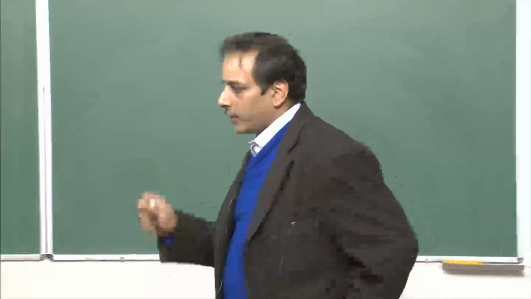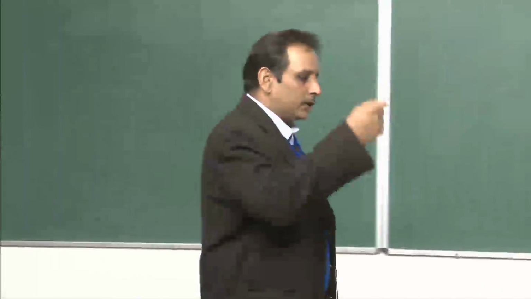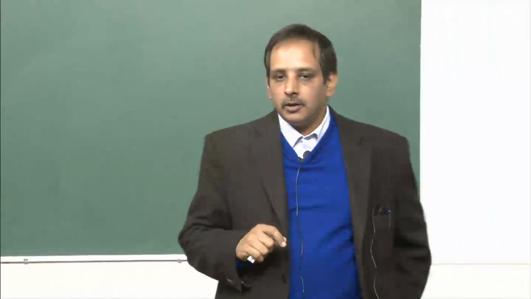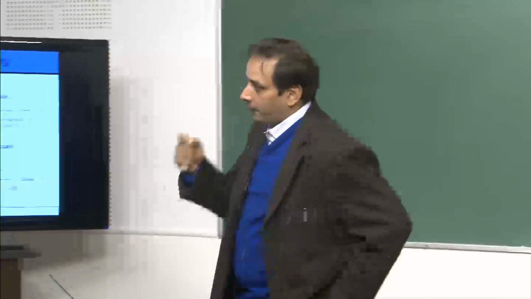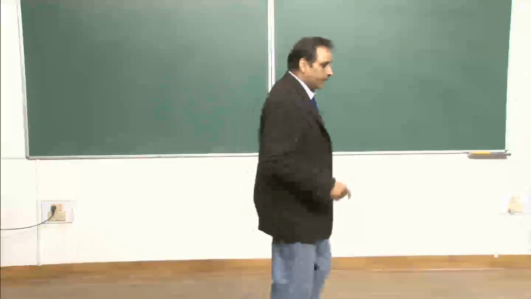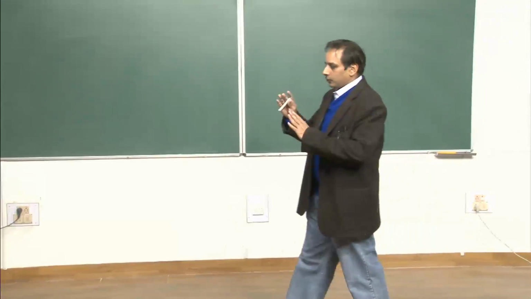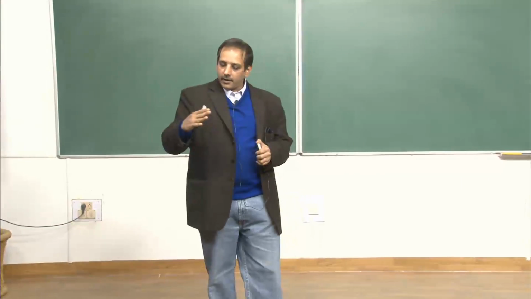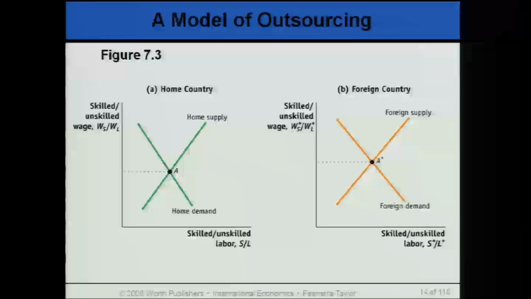Now generally, if you hear that the wages of skilled labor is going up, you would then think that the demand for skilled labor is going down. But it is not the case. In US, the wages of skilled labor from the mid 80s have gone up, and so has the demand for labor. This would mean, if you draw a diagram, a rightward shift of the demand curve. So I will show you some slides